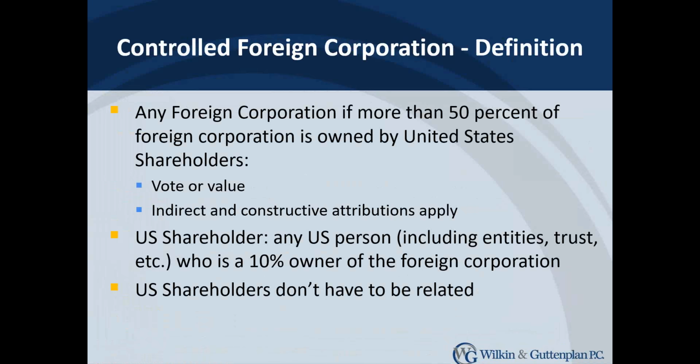Last item that we want to mention here is that in order for a foreign corporation to be controlled by U.S. persons by 50% or more, these U.S. shareholders do not have to be related, they could be unrelated. Okay. So Darko, if I understand that, if I own 30% of a foreign corporation and my next door neighbor, who I don't like, who I'm not related to, owns another 30%. Yep. Do we have a controlled foreign corporation?